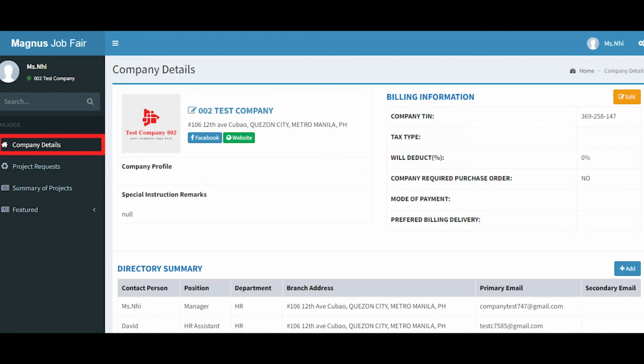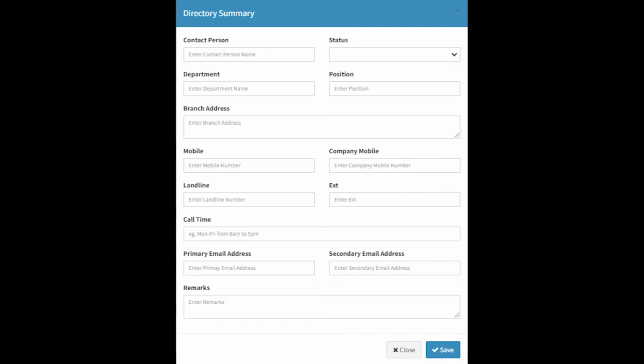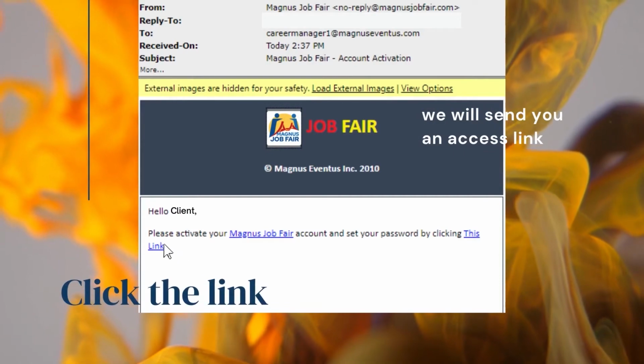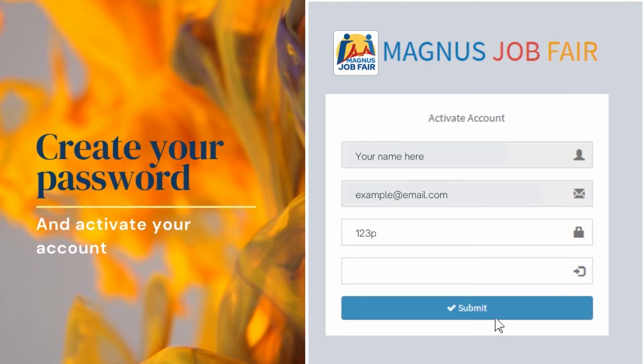Using the menu Company Details section, click the Add button at the Directory Summary section. Then complete the details needed. Once completed, notify the handler so we can activate their access. They will receive an email notification to reset their password, and they can now log in using